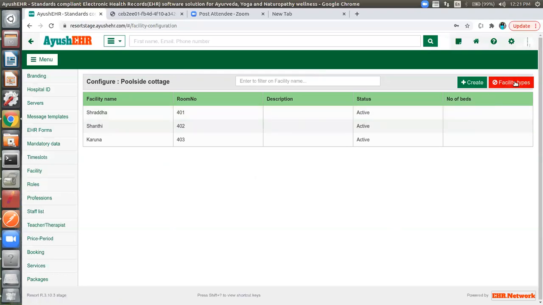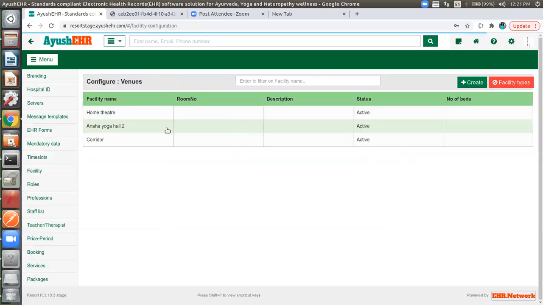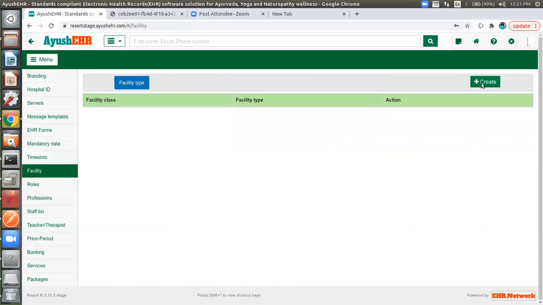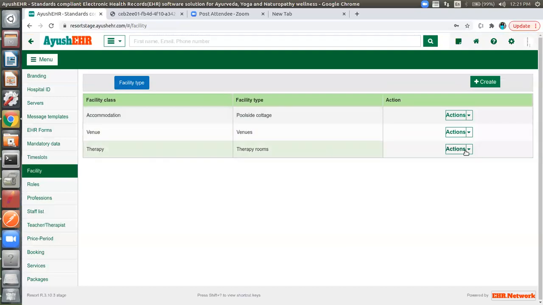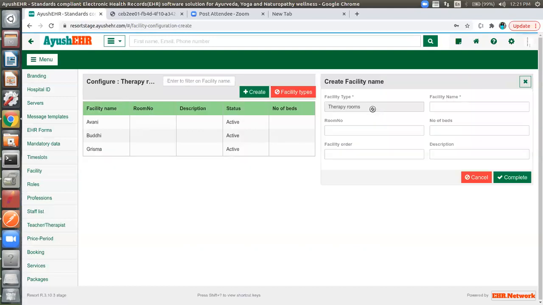And we have venues, where again you can give what all the rooms come under venues. You can again create it here, the room name, description, and beds. And therapy rooms, again you can give it very similar to that.